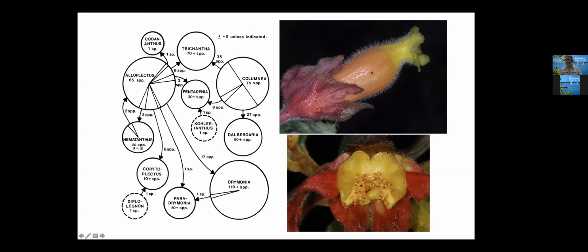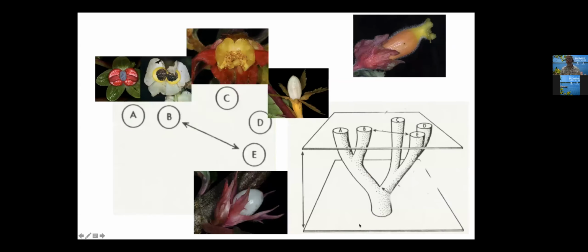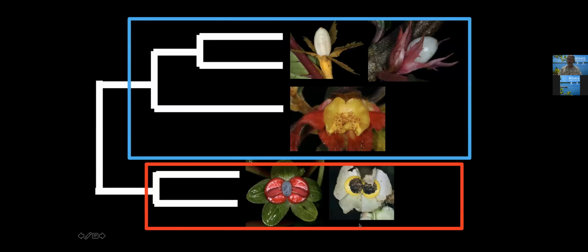But what happens if a Columnia has a capsule? Like in the lower left here, I have a Columnia with a capsule. Well, that makes it more complicated. And so what we're doing is providing an evolutionary framework for understanding the plants that we study. If you think about it not in a plane, but as an evolutionary tree, then the things with berries are basal to everything else. The things with capsules in Columnia are basal to everything else that have berries. So here's another way to look at that. If capsules evolved and then berries evolved from capsules, if you think about that in an evolutionary framework, sure, Columnia can have berries and capsules. You just have to understand it from the phylogenetic or the evolutionary context.